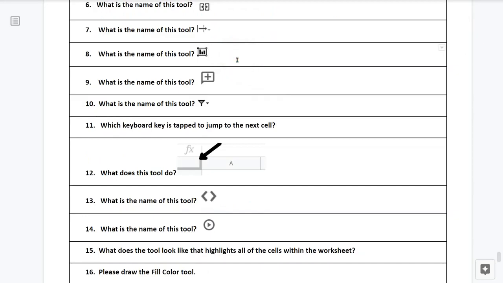What is the name of this tool? Question number 9. What is the name of this tool? Question number 10. What is the name of this tool?